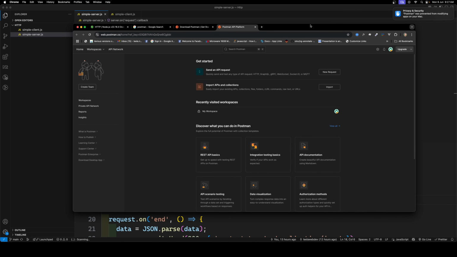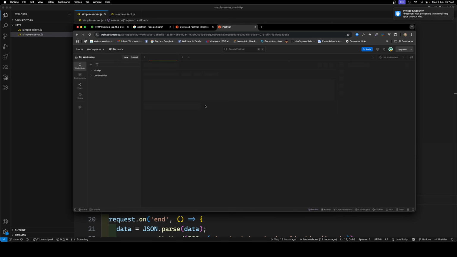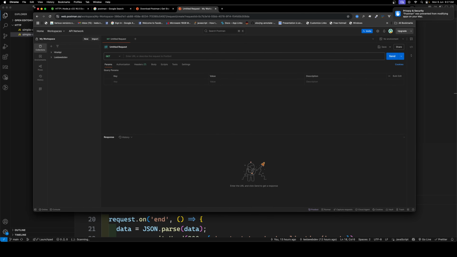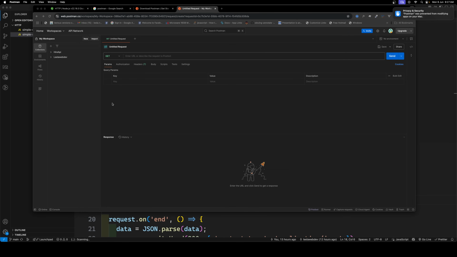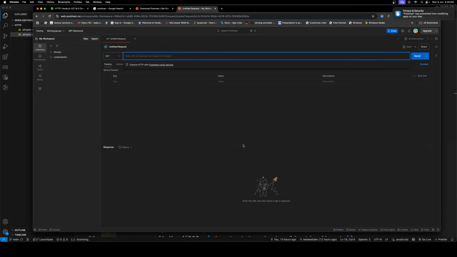Now, in order to make an API request, this is the new request. This is how you can make an API request. If you observe carefully, in the app you'll have the same thing, and the app will look something like this. The app does the same thing, and the browser also does the same thing. If you check it here, this is the Postman request which you are able to see. And here, if you observe carefully,